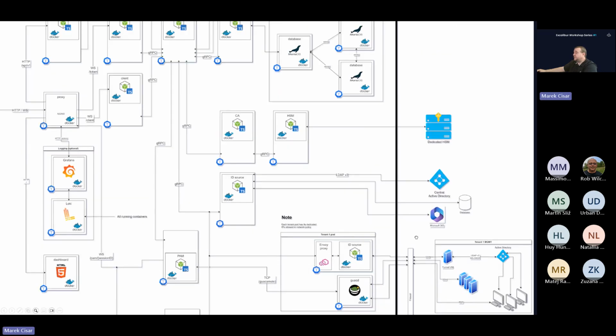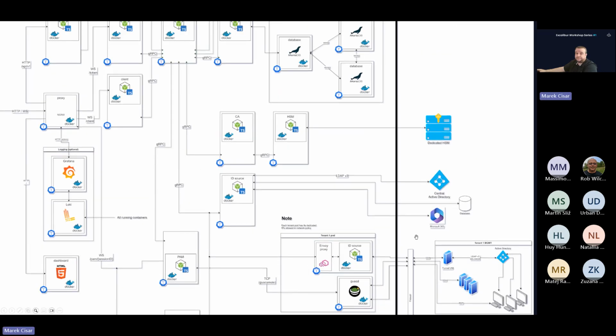It is also possible to configure Excalibur to, for example, utilize some kind of external database, or maybe in bigger companies, they already have dedicated HSM hardware security module solutions deployed.